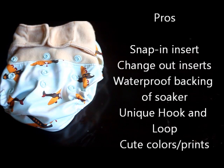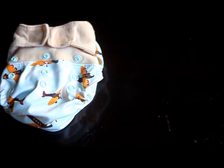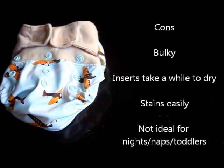Some pros of the diaper: that the snap-in insert doesn't shift around on it, that you can change out the inserts, the waterproof backing on the soaker, the unique Velcro design, and the cute colors and prints. Some cons of the diaper: a lot of people said that it was bulky on their babies, especially the smaller babies,